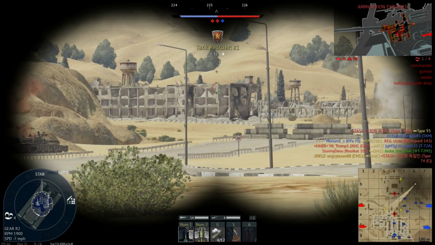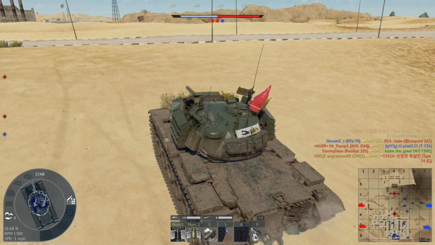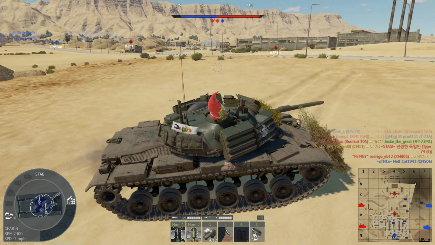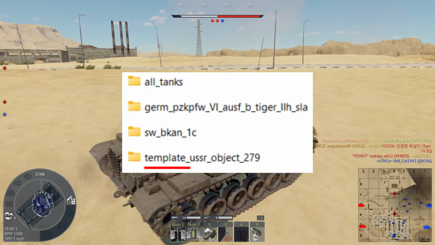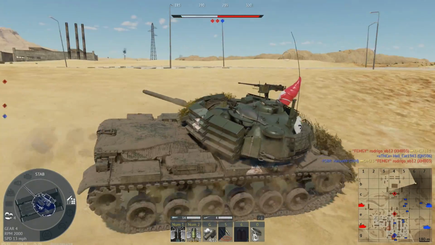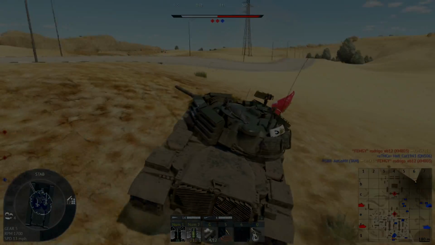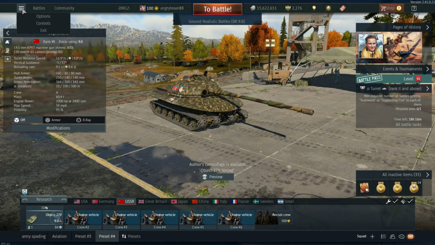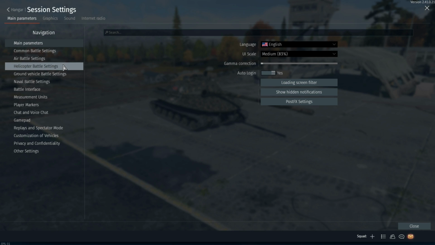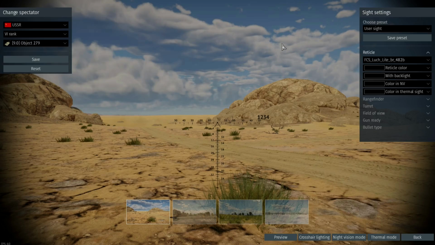button. What you can then do is go into the User Skins folder, take this new folder you just created, move it into the User Sites folder, and then remove the template and underscore from the beginning of the name. Once you do that, all you have to do is remove all the other files from within the folder and add the custom site you want to use. Once you do that, you can go back into your game, go into the Options menu, go to Ground Vehicle Battle Settings, and click on Site Settings, and if we open this up, we should now see the new user